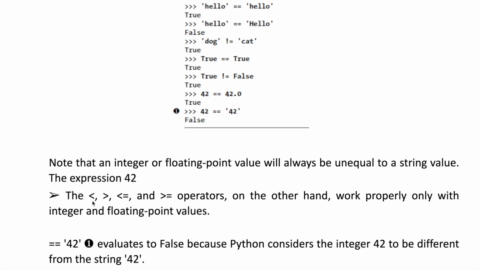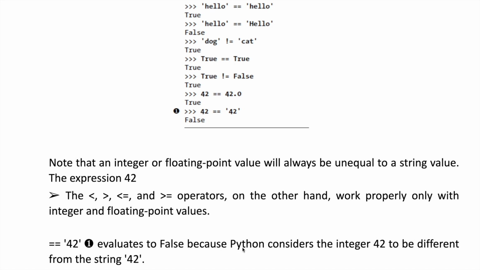But see, the less than symbol, the greater than symbol, less than or equal to, or greater than or equal to symbols work properly only with integer and floating point values. You can't use string values with these operators, that is, less than or equal to, greater than or equal to, less than or greater than. For example, see,